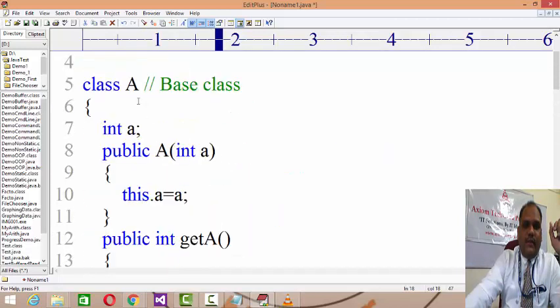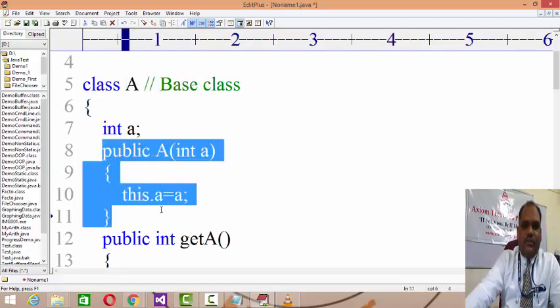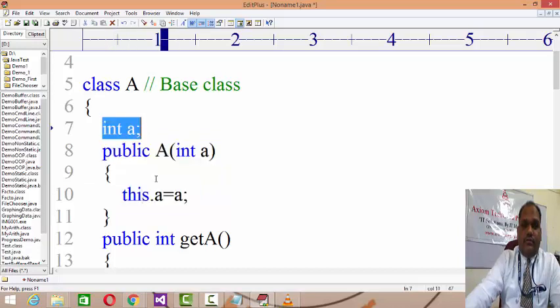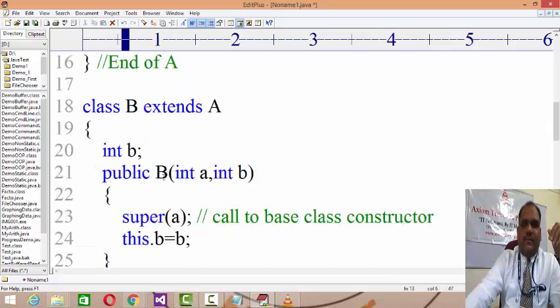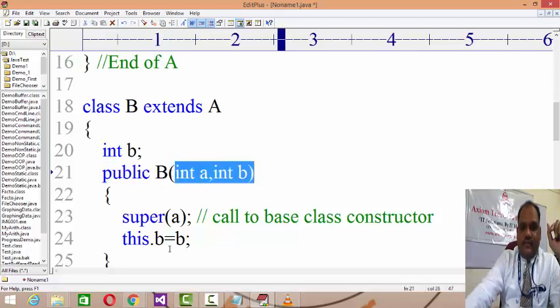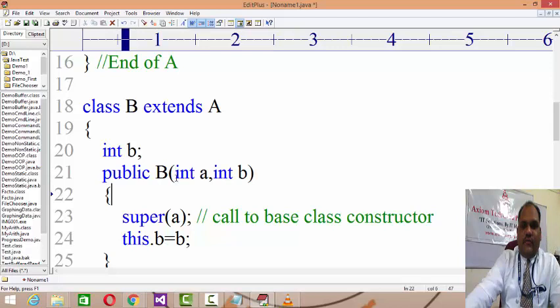Now as you are not creating the object of the base class, the constructor gets called only at the time of object creation, and you are not creating the object of A. Hence there is no call to the constructor, and if there is no call to the constructor, the private data belonging to the base class will not be initialized. Hence it is of no use. That's why the arrangement is that as you are extending your base class to the derived class, why not have the derived class constructor take extra arguments?